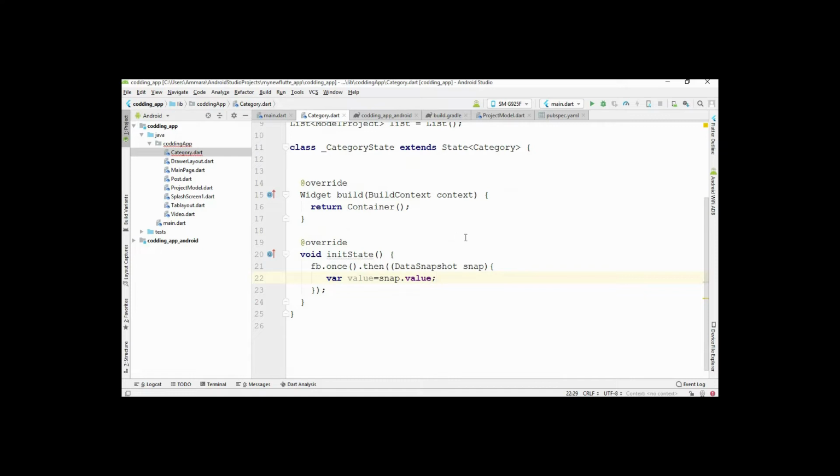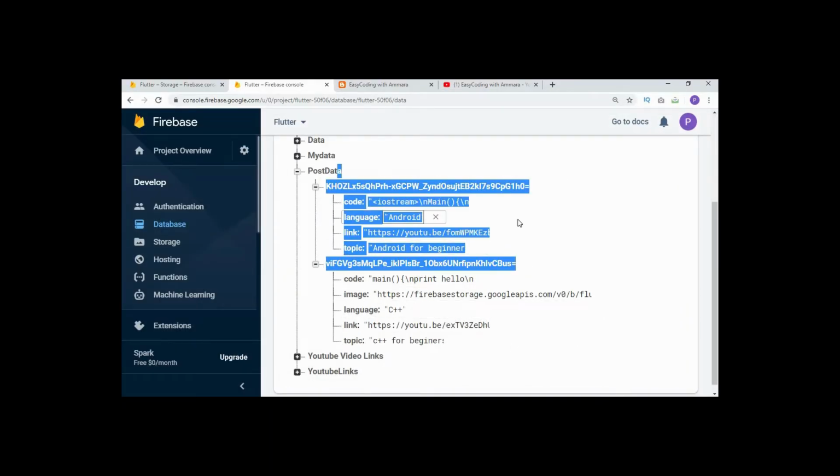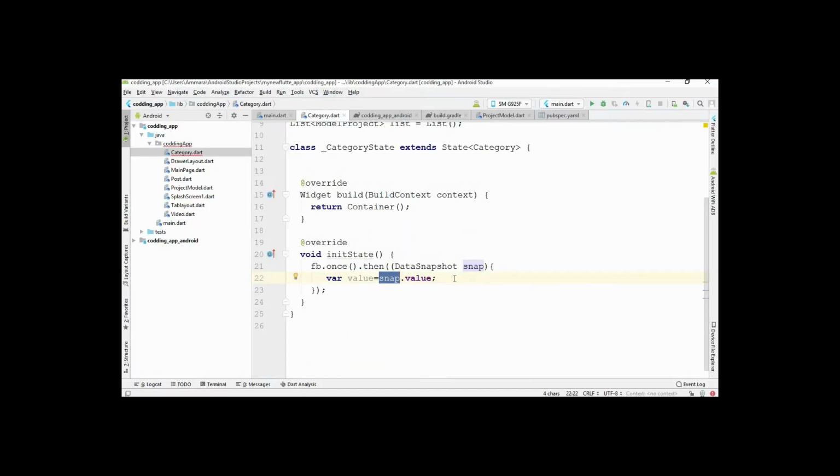By writing this code, we get the instance of the database, and by using this instance, we get all the values inside this node. Here you can see there are two nodes, and inside each node all the data is stored. By writing this line, we get the two nodes from the database.